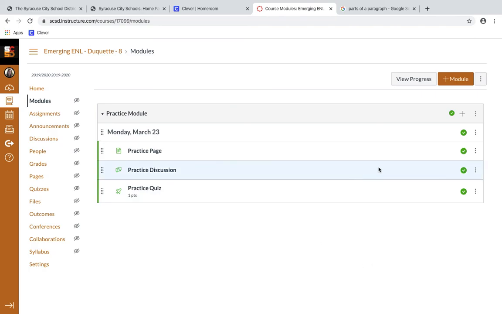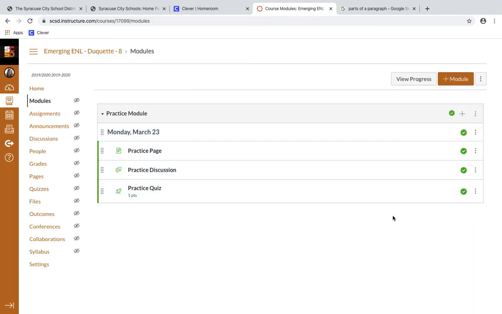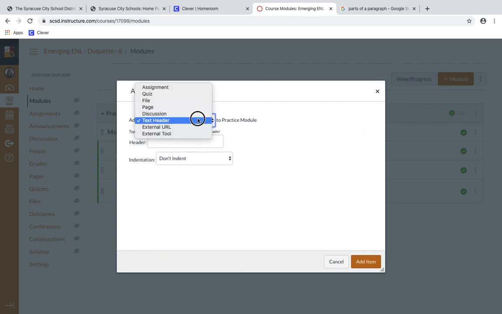Let's see if there's anything else. I think those are mostly what I want to go through right now. But those are the basics of Canvas. If you have any questions, please feel free to contact me. I think the easiest way is I will just add